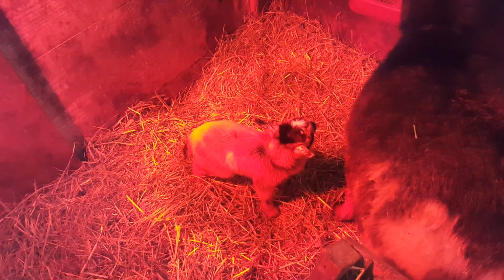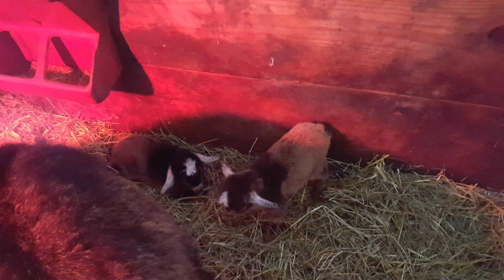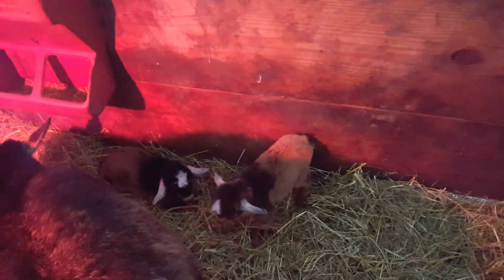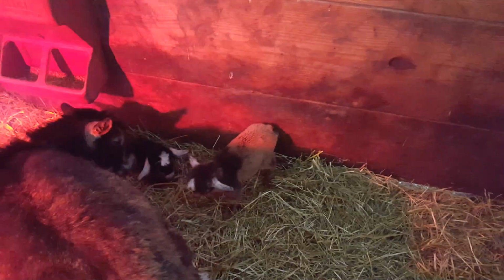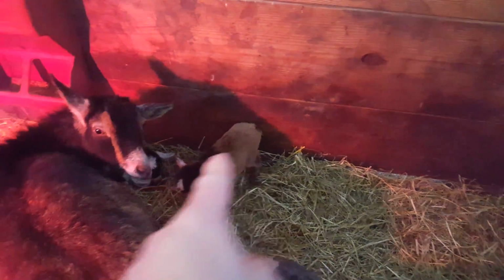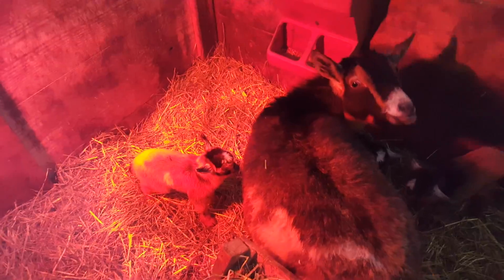So three babies in there, in that big old belly, and they look very much like her. They have the markings of Penelope here with the white and black spots, and this one has a brown fur. You can't really tell under the red light, but